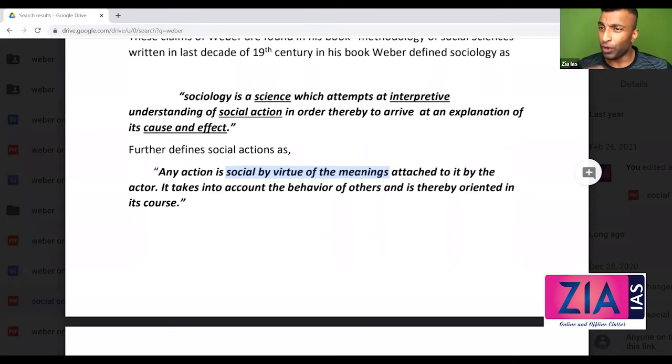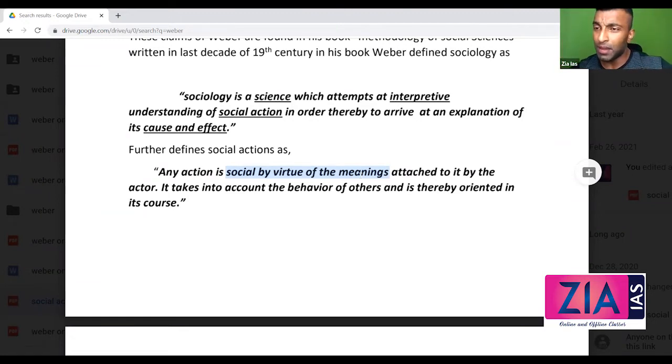Guys, you are drinking water. Is that a social action? It's an action. There is a meaning because you're thirsty and you are drinking. There is meaning, but is it oriented towards another person? No, it's not a social action, right? But when you're doing an action, meaning should be there. At the same time, orientation should be there. These are the two conditions, right? Now,